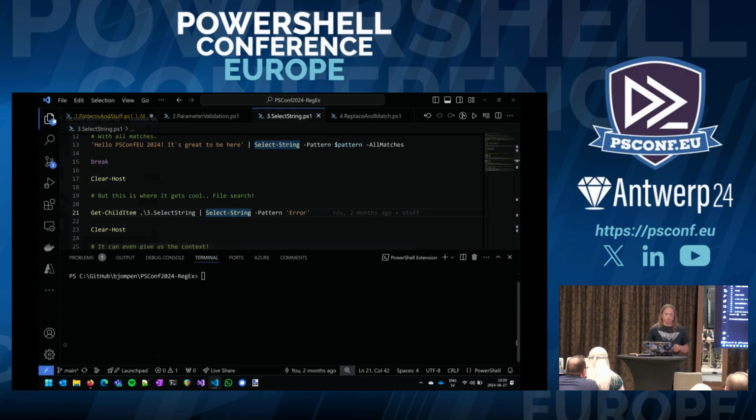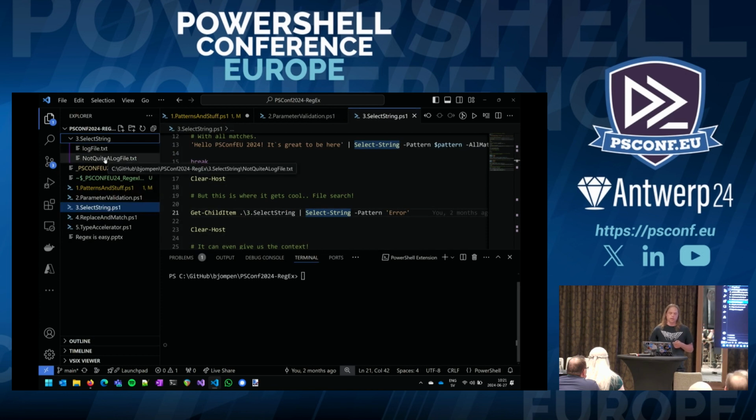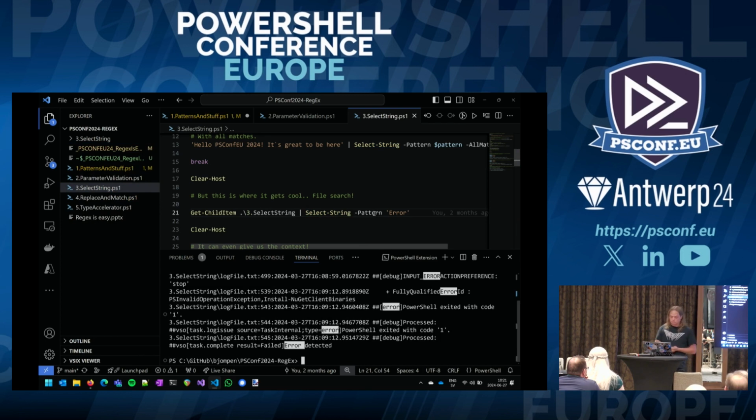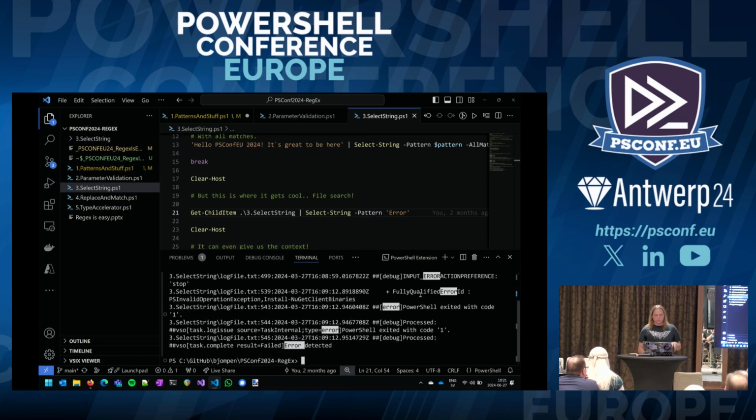So I actually have to open this one now. I have a folder with a couple of actual, real, super true log files, I promise. And I can just do get child item in that folder, pipe it to select string, and find the error I want. And there's quite a few errors in there. And this is really powerful when it goes to stuff like log searching.